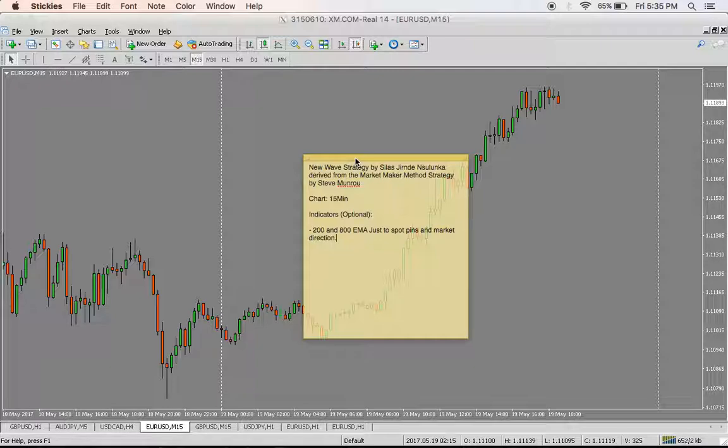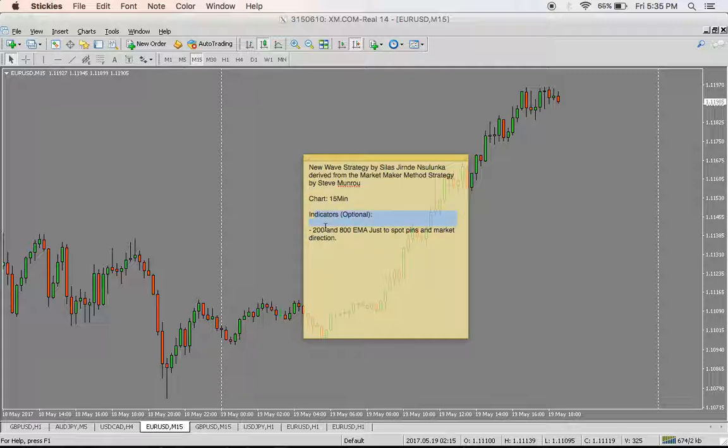It's developed by myself, Silas Nsulunka, but it's derived from the market maker method strategy by Steve Monroe. So we implemented a few concepts from Steve Monroe's strategy, which is the market maker method. In terms of charts, we'll be using a 15-minute chart, and